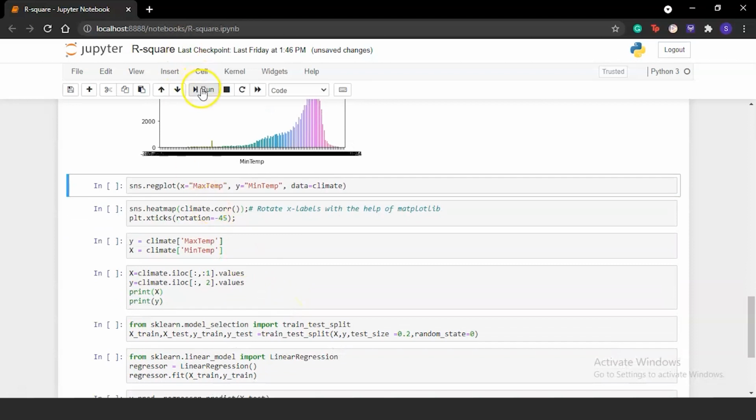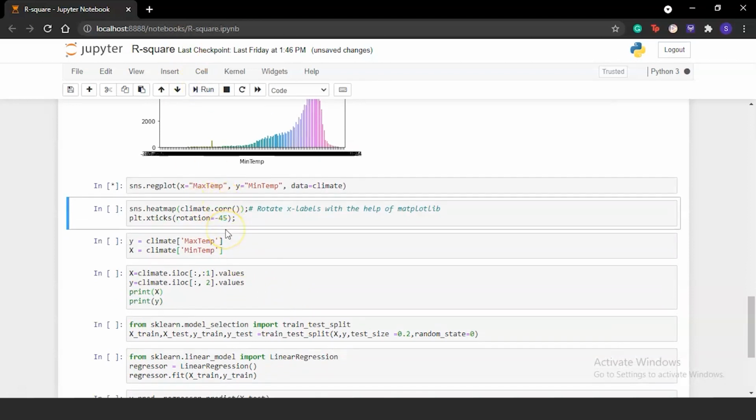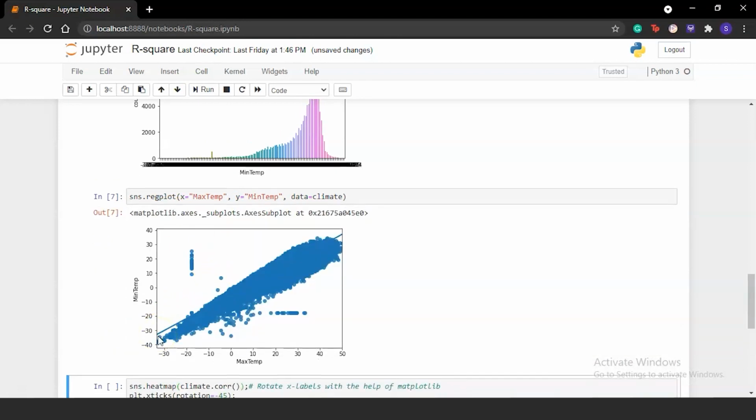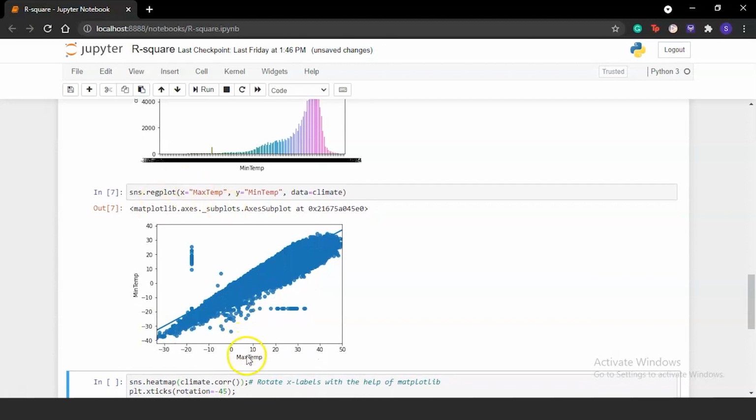Now let's plot a regression plot between our maximum and our minimum temperature. So using the regression plot, we can plot a regression line for the two variables in our x and y axis. So this is our x axis and this is our y axis. This is basically going to plot a straight line which best fits the data that we are getting here. So over here, as you can see, this is a regression line. This thin blue line is a regression line which intersects our minimum temperature at a value which is between -30 and -40, and it passes through our entire data.